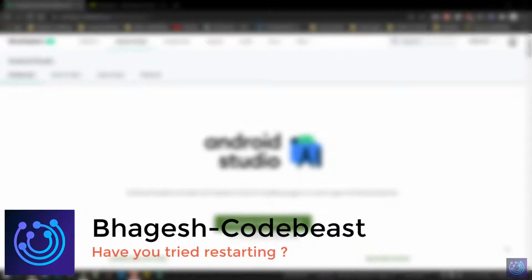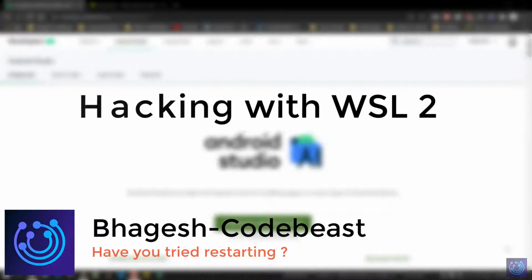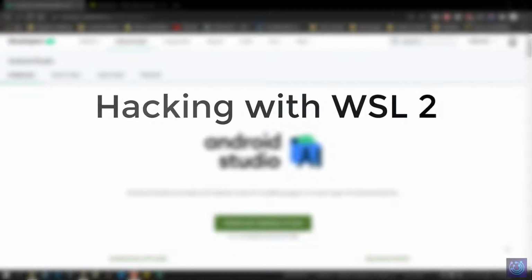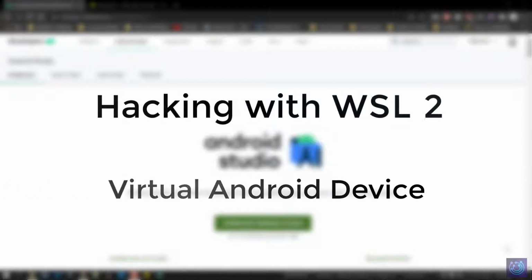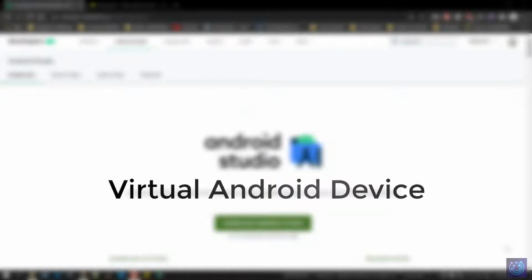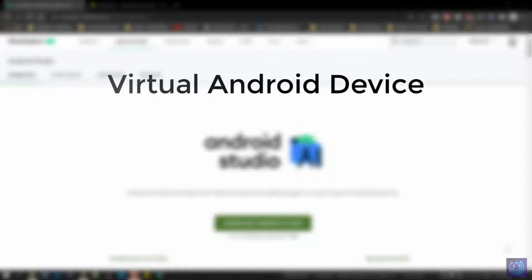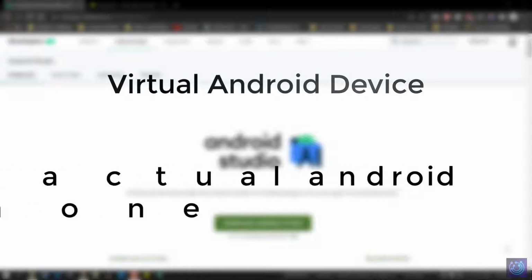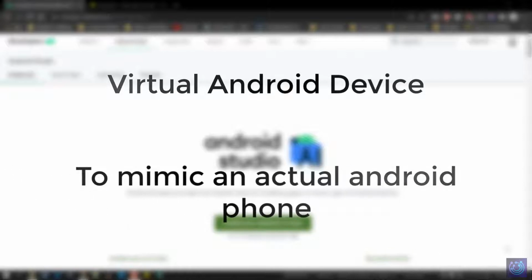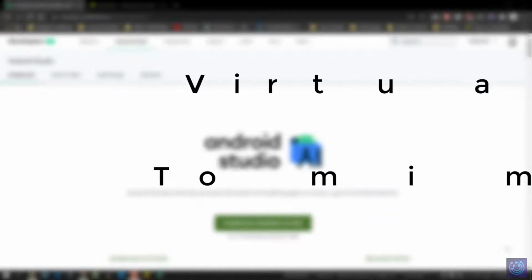This is the second part of how to hack with WSL2, that is Windows Subsystem for Linux, and Kali Linux. So in this video we'll learn how to set up a virtual Android system on your laptop itself, because there are certain payloads or files which we are going to create in order to experiment whether they work on a device or not, in order not to compromise any physical device. For example, maybe a phone. It's better to create a virtual system to experiment with the things which you'll be building. So for that purpose, we'll be building a virtual Android or virtual Windows system again. I'll be introducing you all to that in the next upcoming video.